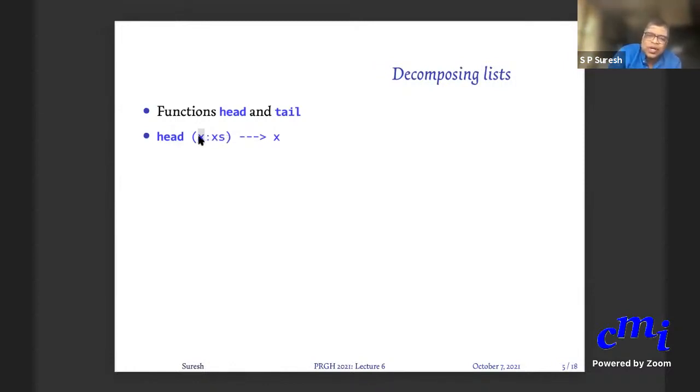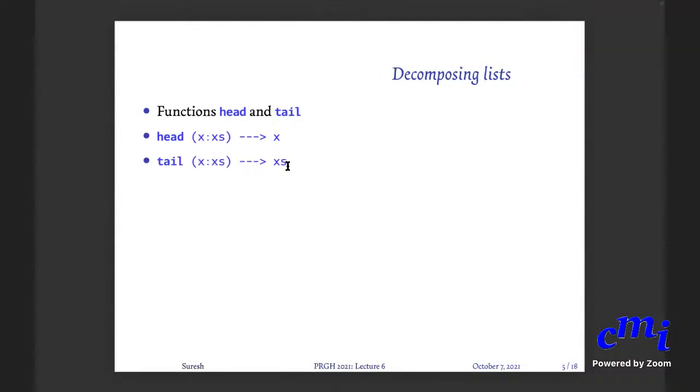Think of this as one int, and those as ints. So x colon xs. That's right, because the colon operator is applied on a value and a list. This is a value, that's a list. So head of a non-empty list of the form x colon xs returns x. Tail of x colon xs will return xs.